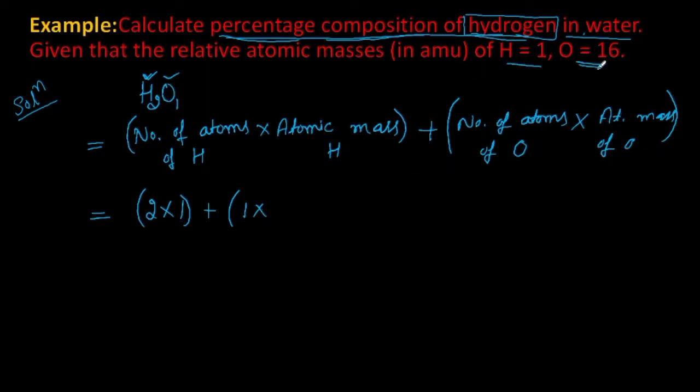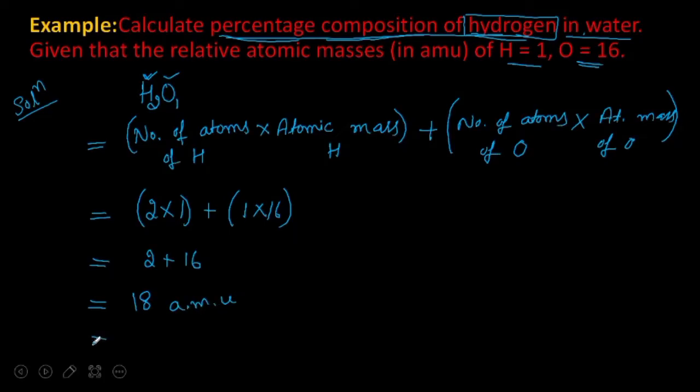So according to the given data it is 16. Now on simplifying it, we will get 2 ones are 2 plus 16 ones are 16, which is equal to 18